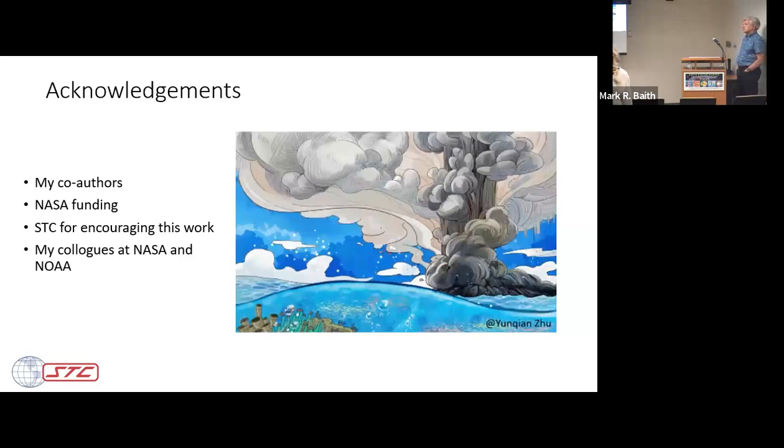Question: are any of the satellite products you use also used in the reanalyses, or are they dependent? Well, yes and no. The water vapor from MLS is not used in the reanalyses. That's part of the problem. Aerosols, I think to some extent, the tropospheric aerosols may be used. I'm not exactly sure about the answer to that.